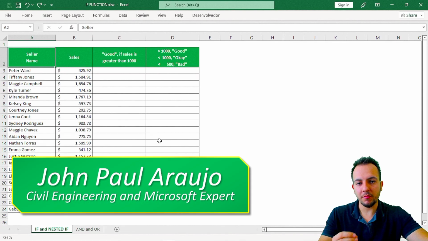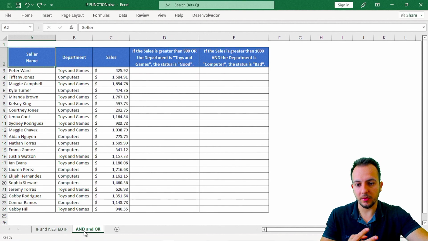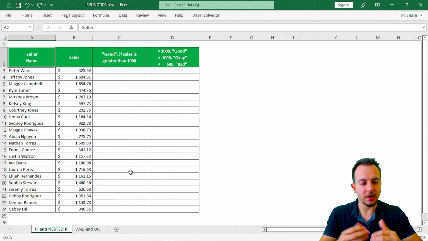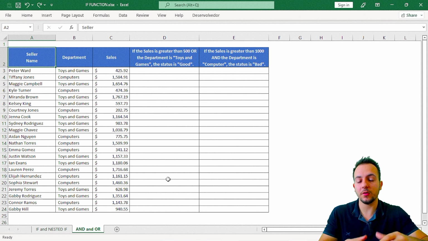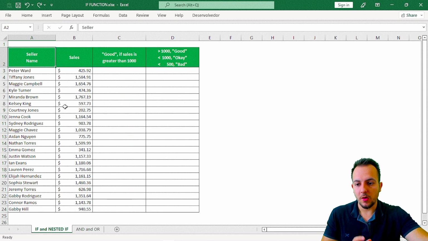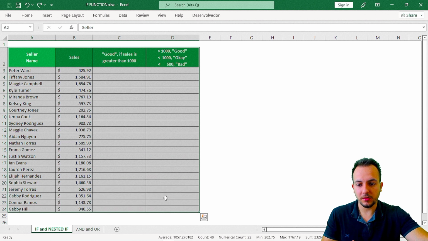How to use the IF function in Excel with two practical examples. We're going to see how to use the IF function alone and how to use the IF function inside another IF function. We can call it a nested IF function. And also how we can use the IF function with other logical functions like the AND function and the OR function. So let's start with this first example right here, where I have a sales spreadsheet of the first